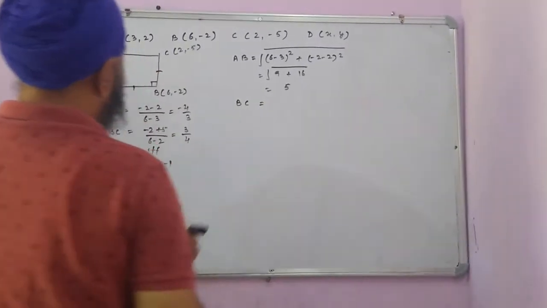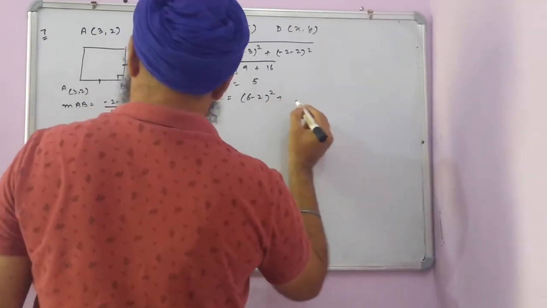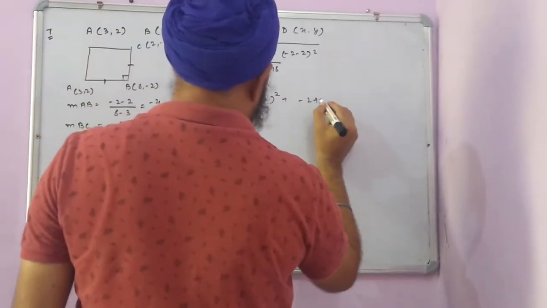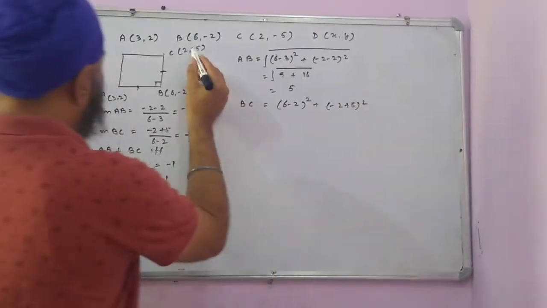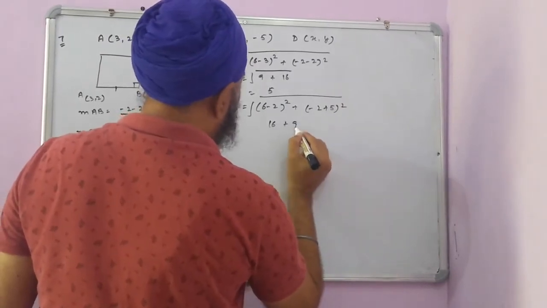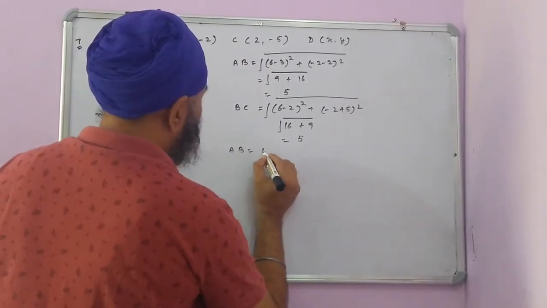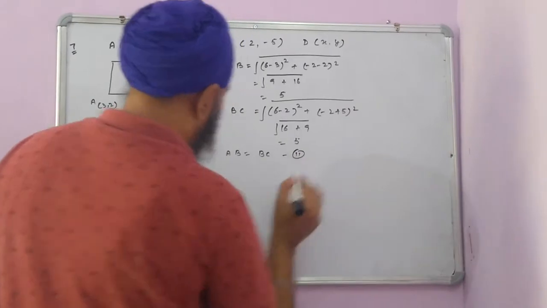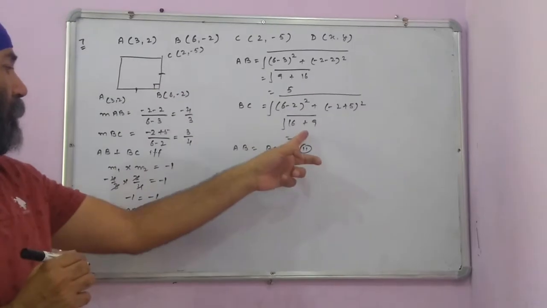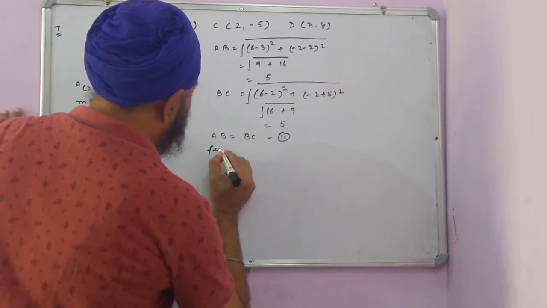Then BC, it is x2 minus x1 square, y2 minus y1 square, minus minus plus, root, so 4 square 16, 3 square 9, it is also 5. So AB is equal to BC. Now AB is perpendicular to BC and these two adjacent sides are equal. Both are equal to 5. I think from 1 and 2